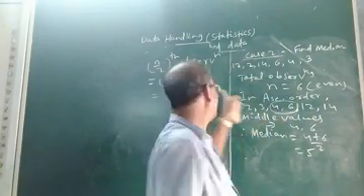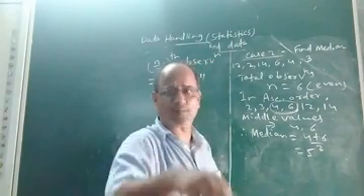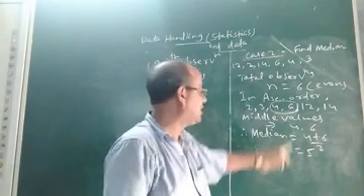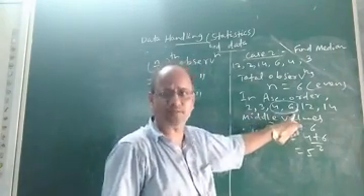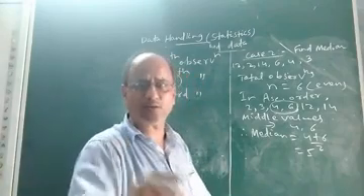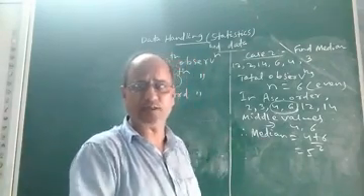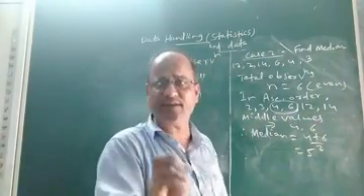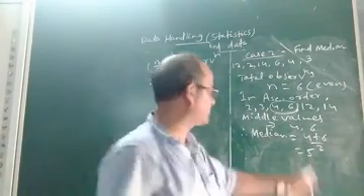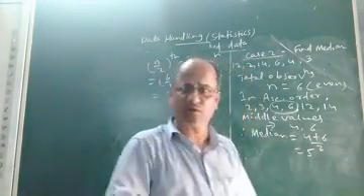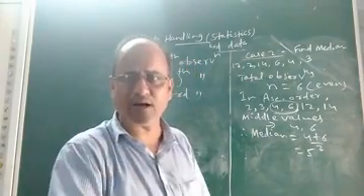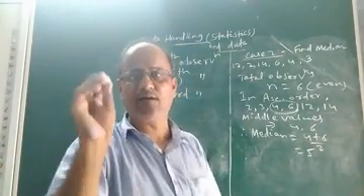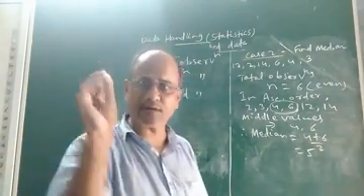And take the next value, the n by 2th observation plus 1. The third observation is the first middle value. And what is the next? The next will be the fourth observation, that is 6. Okay. So once you have located the two middle values present in a distribution containing an even number of terms, take the average of those two middle values. Whatever is the average, that will be the median of the ungrouped data having an even number of terms. Okay.